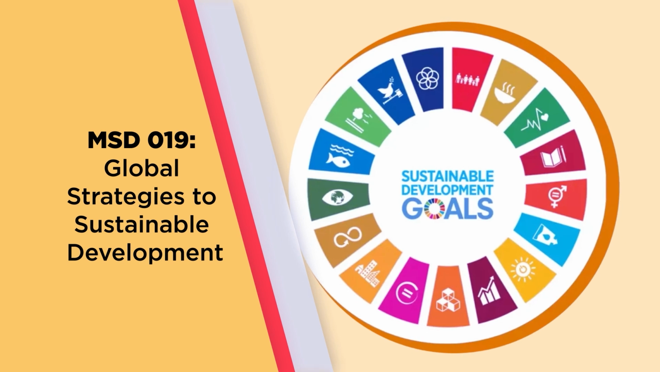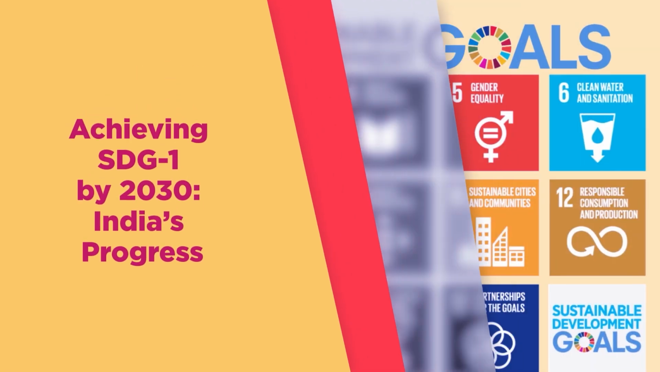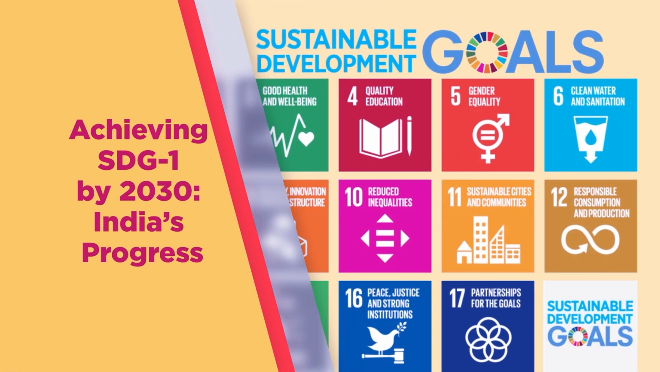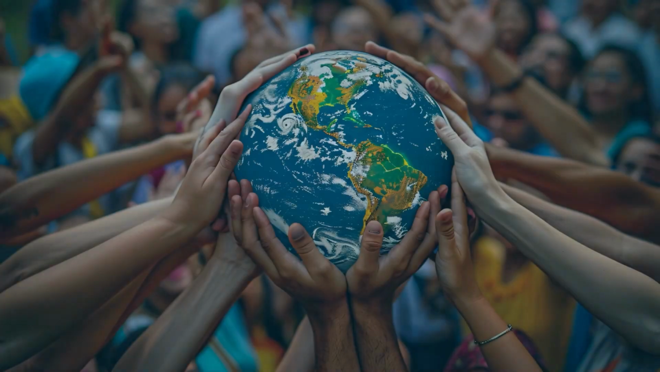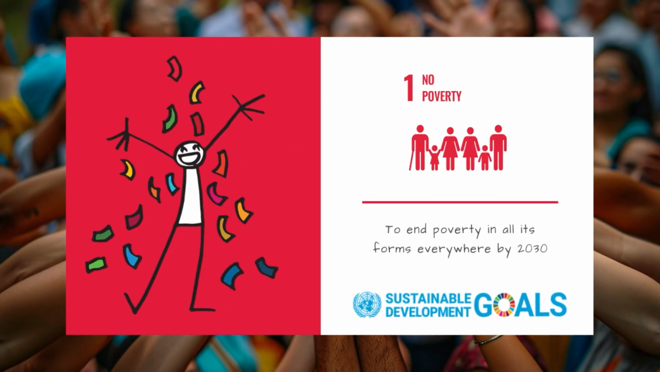In this session, we are going to look into achieving UN SDG 1, Global Goal 1 by 2030. What is India's progress so far till 2024? We are going to look into what policies and programs our country is implementing to achieve this goal, looking into different targets and the indicators under this global framework of UN SDG Goal 1, no poverty,